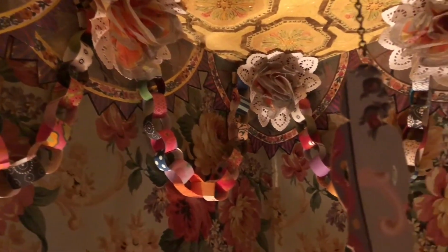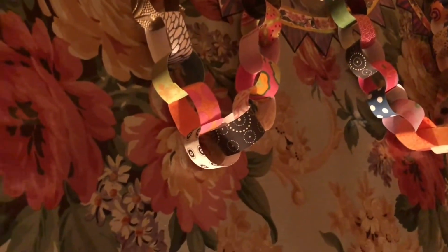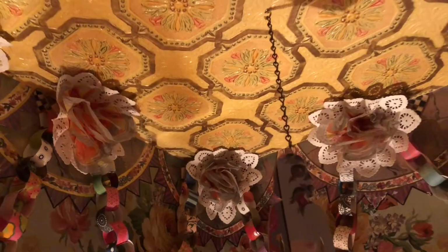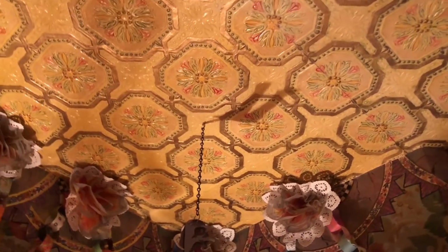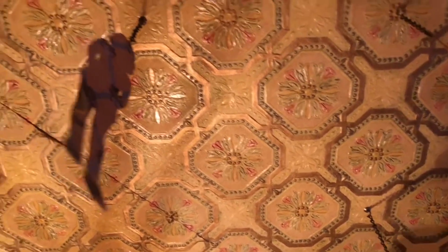And then up above, we used to sell in our shop those little posy holders. They're made of paper, but they're very stiff, and you can put a bouquet in the middle. Here we put our napkins all swirled up. And look, we painted that anti-ecliptic wallpaper. So all of the details of the wallpaper are painted. And look at the little chains that hold them. See how they have beautiful little